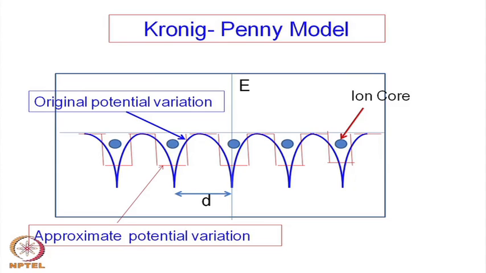So, the approximate potential variation has been used under the Kronig Penney model. Basically, I am just letting you know that instead of this variation, one has used a simpler variation, although it may not be exactly realistic. This may be more realistic, but it provides more or less the same outcome. So, using that concept or the assumption,